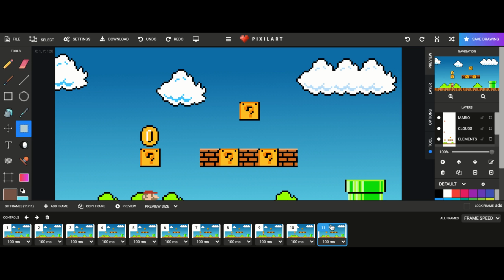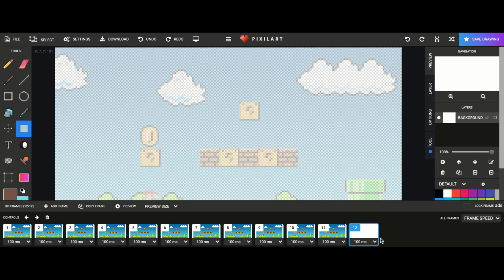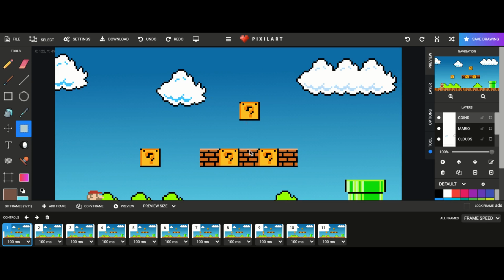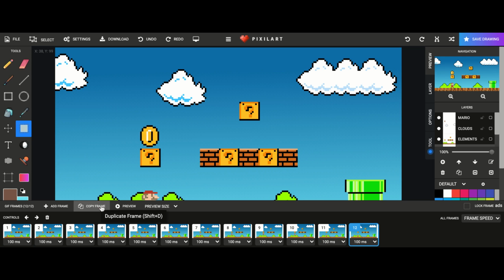Now that he is here, he already hit the block, the coin is out, he's back on the ground. What I want him to do is walk a little more and then turn around so he can collect the coin, okay? So I am not going to add a frame, because if I add a frame, an empty frame will happen, and I don't want to erase everything that I've done, right? What I want to do is to copy everything because I am just going to do a small change. So I'm going to click on my last frame, and then I will copy the frame,